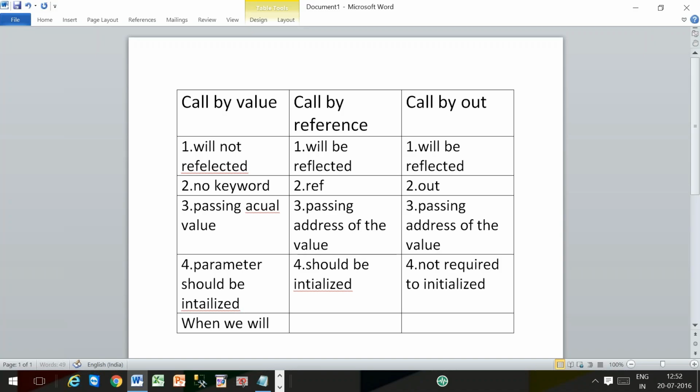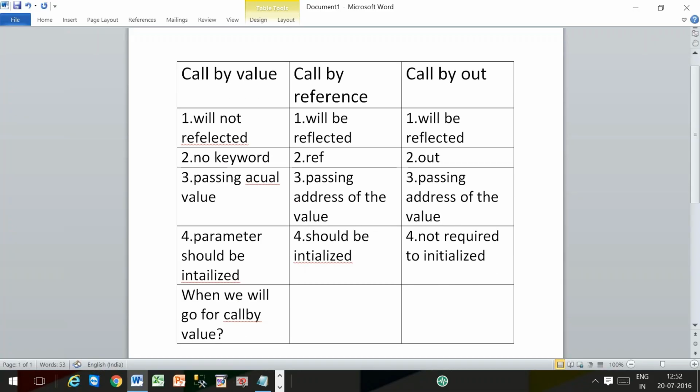When we will go for call by value, right